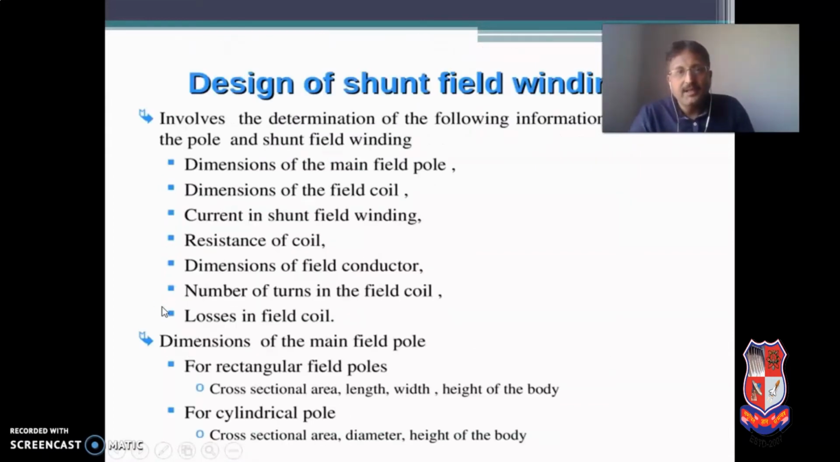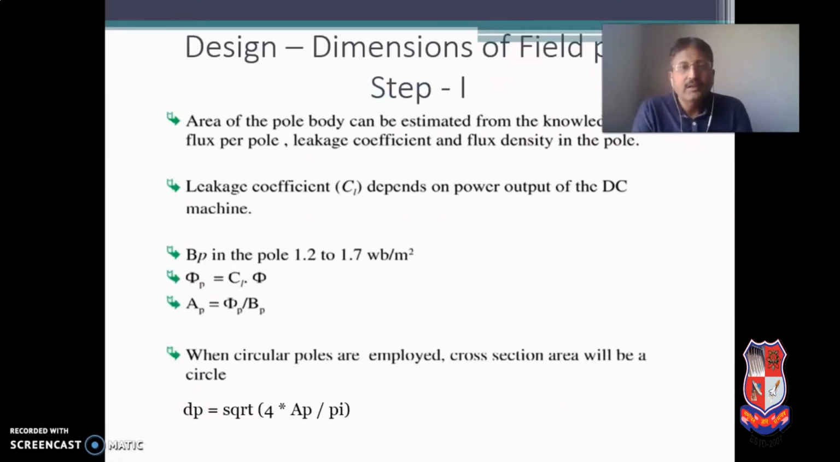Now, first step, that is design of the field pole, the dimension of the field pole. So, in order to find out the area of the pole body, you need to find out the area required for the pole body. For that, you need to find out the flux. What is the working flux required in your DC machine? Working flux estimate you get from the output. Which type of voltage you need, what is your power output, what is your torque output, that will decide the